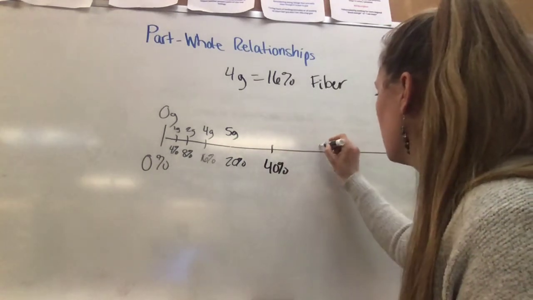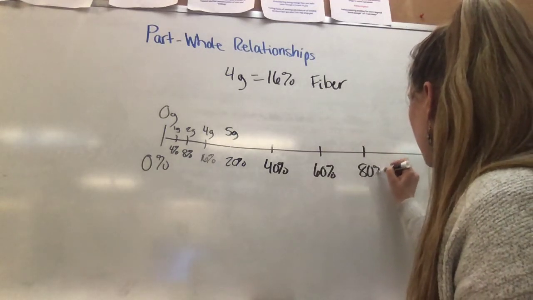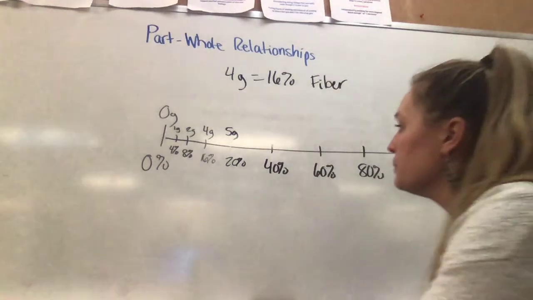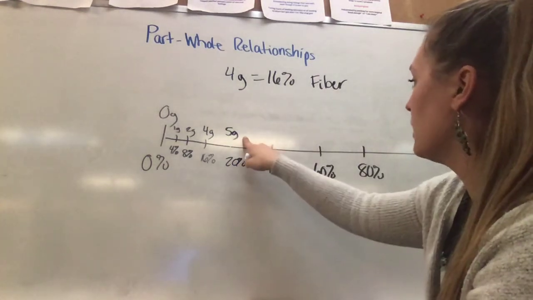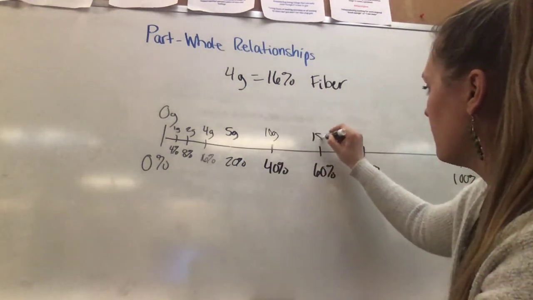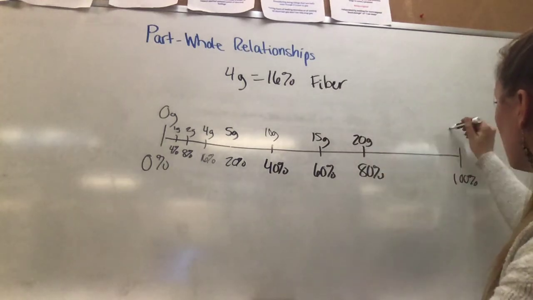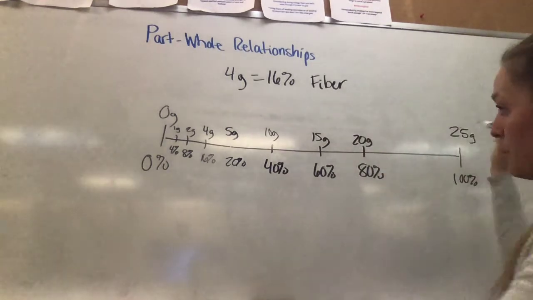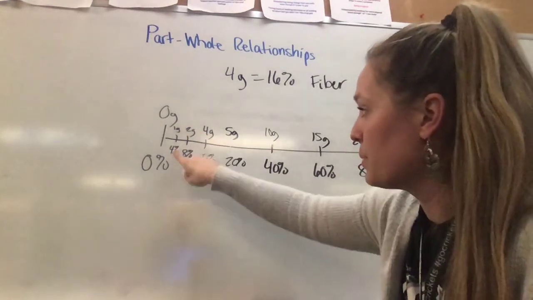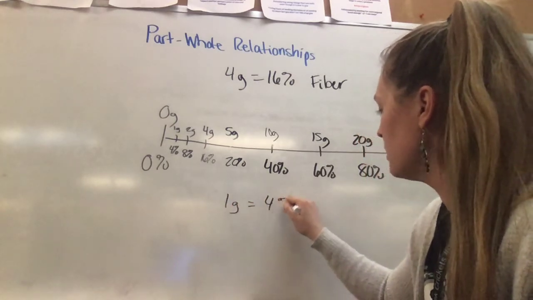40%, 60%, 80%, and then to my 100. So that would make this 10 grams, 15 grams, 20 grams, and finally 25 grams. So maybe some of you, once we got to this 4% mark, said if 1 gram is 4%, then if I'm trying to get to 100%,